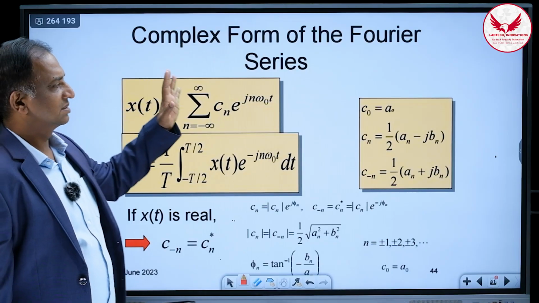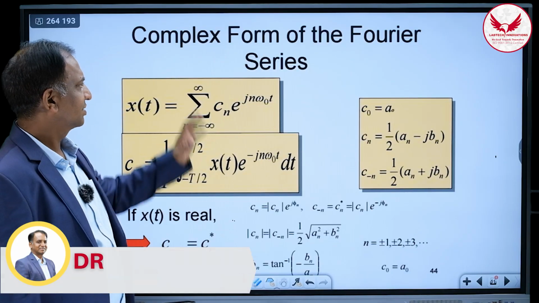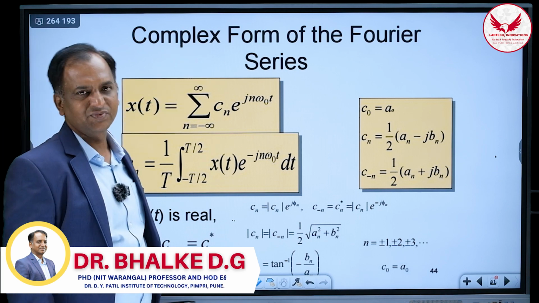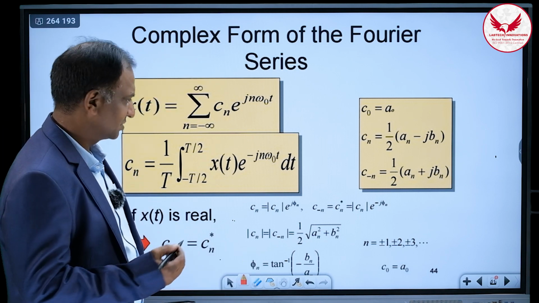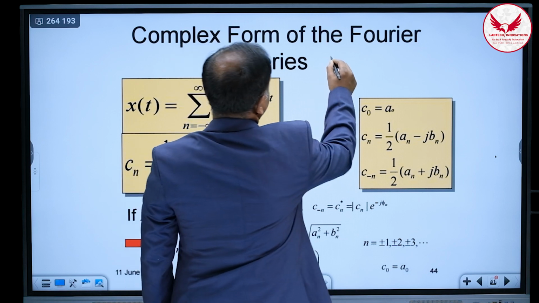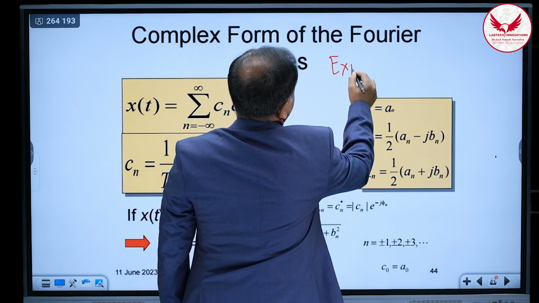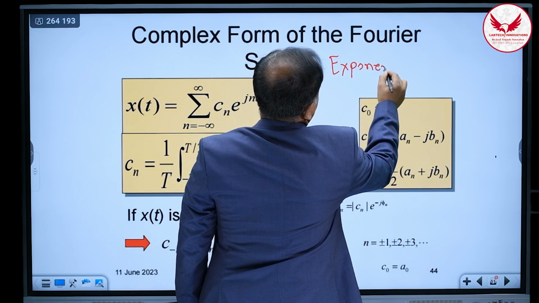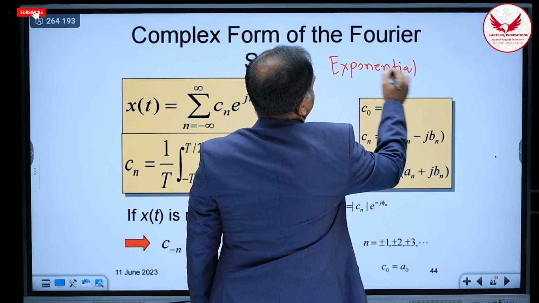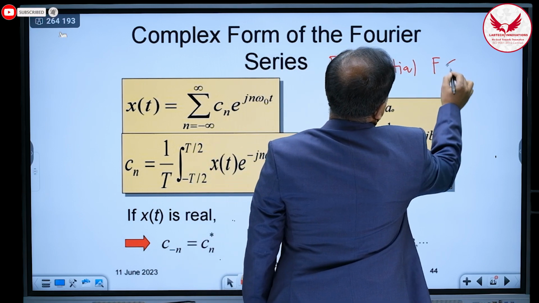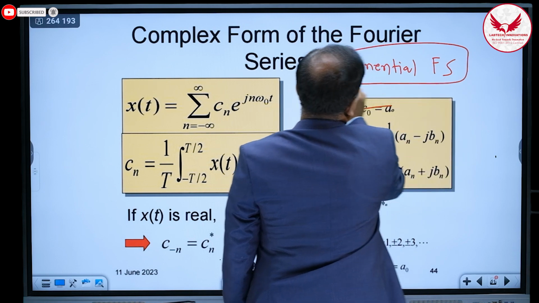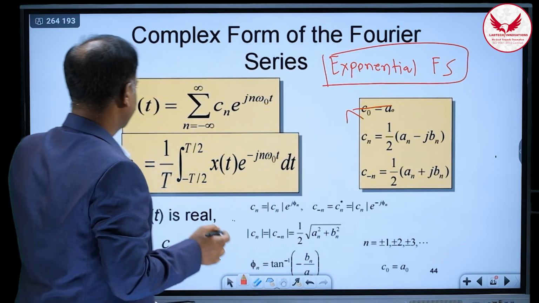Now we have discussed the trigonometric Fourier series. Now we are going to discuss the complex form of the Fourier series. This complex form of the Fourier series is also called the exponential Fourier series. So we know that according to Euler's identity, e raised to j theta